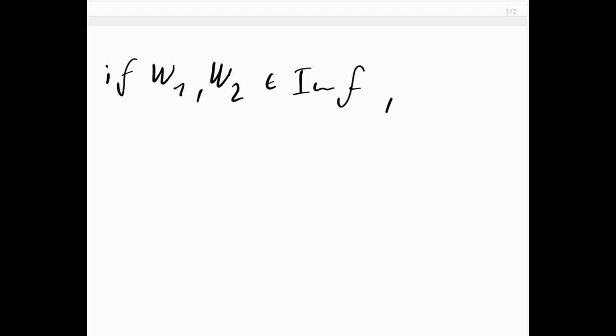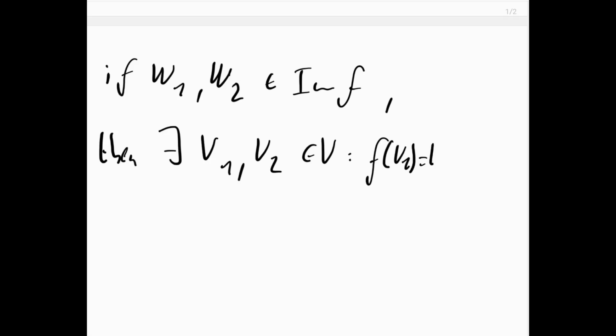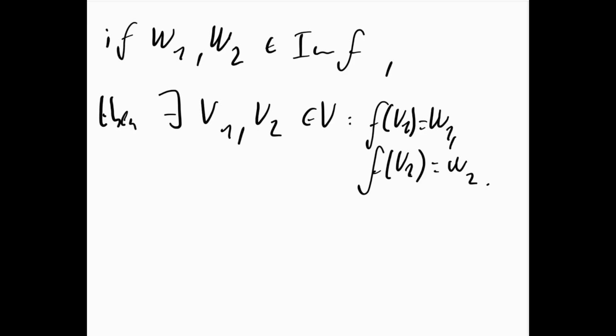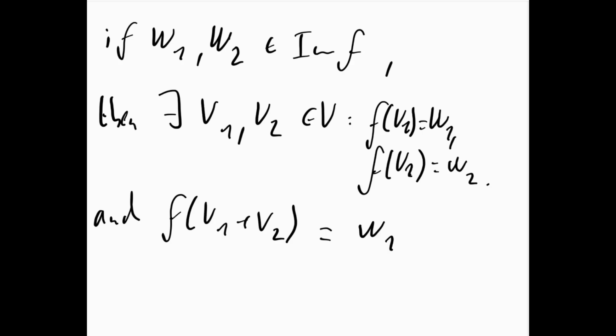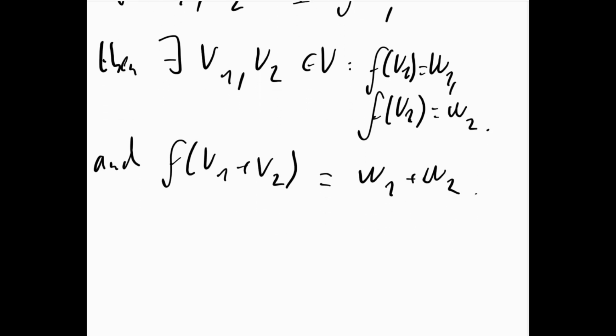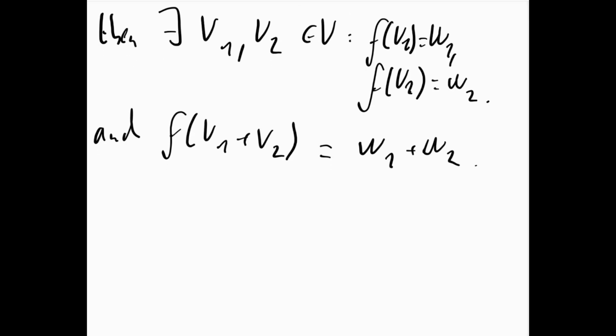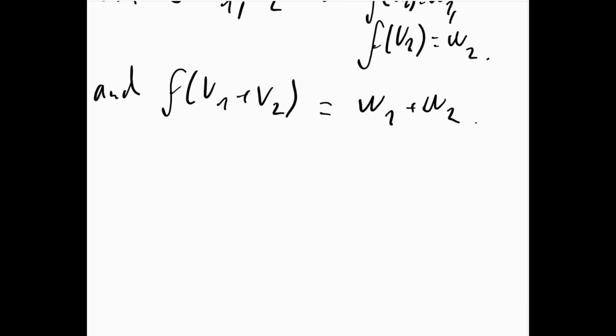Let's just say if these two are in the image of F, then there exist V1, V2 in V such that f of V1 is W1 and f of V2 is W2. And by linearity, we have f of V1 plus V2 actually equals f of V1 plus f of V2, which is W1 plus W2. I just skipped that step to save some writing time. And the closeness for multiplication by scalar is exactly the same idea like we did with the linearity, just putting it